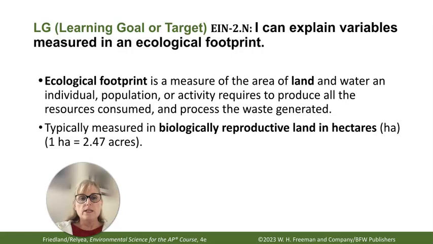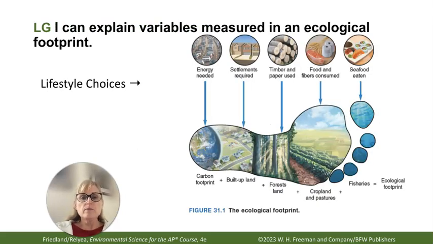All of that land processes goes into the ecological footprint. So when we look at an ecological footprint of a person, the energy needed to drive a car, to turn on lights, to cook with, to heat with, the amount of land you need to live on, what is your house like, or an apartment or a condo,